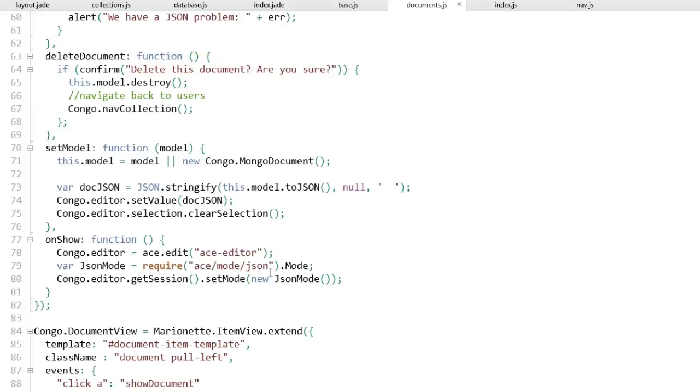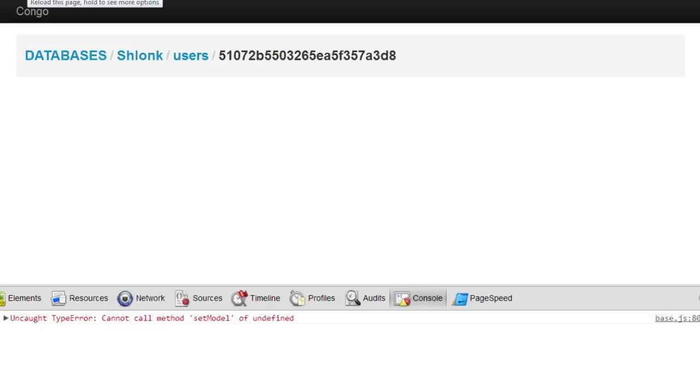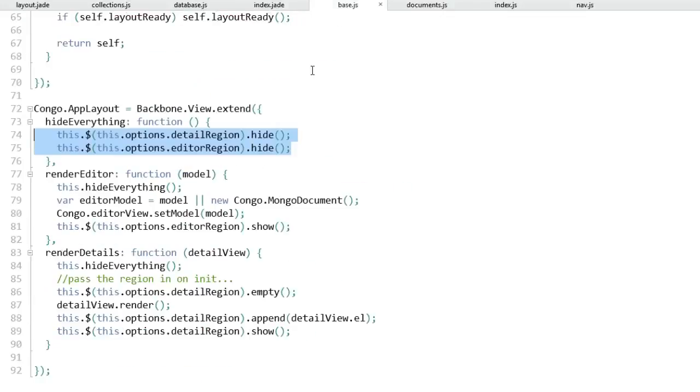Are you telling me this is going to work right now? It should. Cross my fingers. Almost. I saw the view flash up there, or the editor, so it did get thrown in there, but can't call set model of undefined, and that is from my base class, and that is because in my base class,